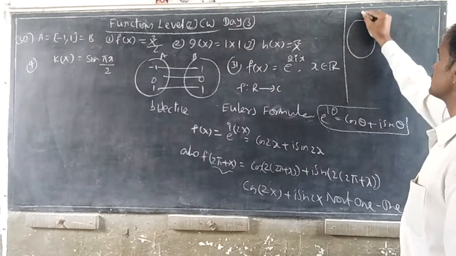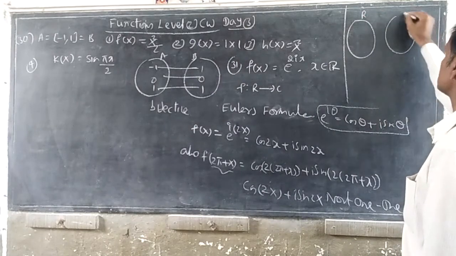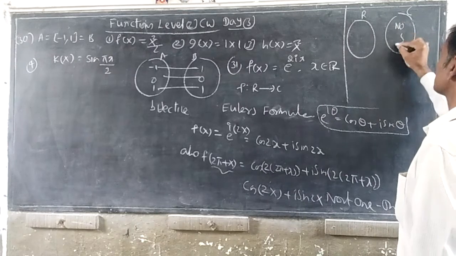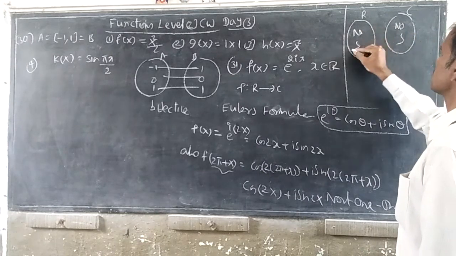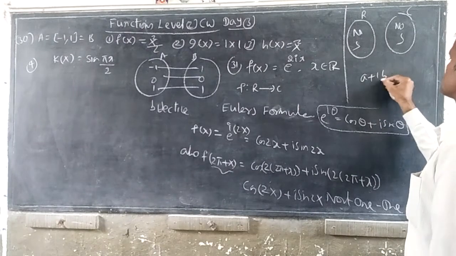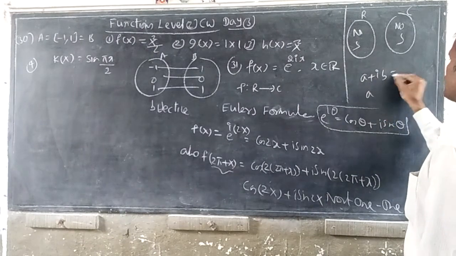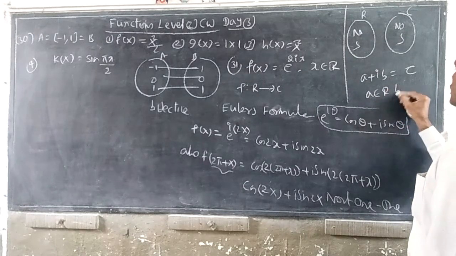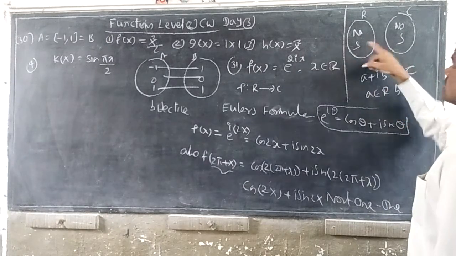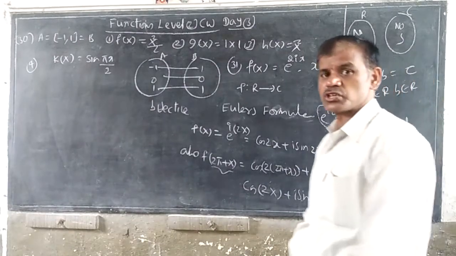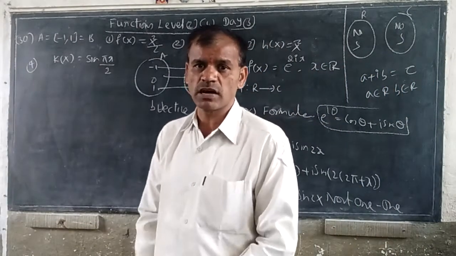Right, like this. This is a real number. This is a complex number. For complex numbers, there are plenty of examples. Complex number means a plus ib. A plus ib is a complex number where a belongs to R and b belongs to R. This is a real number, this is a real number. A real number plus or minus any imaginary number is called a complex number.